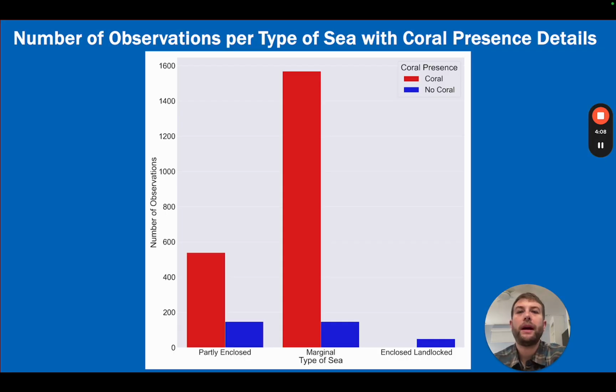I wanted to start my analysis by looking at the breakdown of the types of seas and their amounts in the dataset, with a focus on the presence of coral. Marginal seas by far in terms of prevalence and coral presence made up the large majority, with partly enclosed seas coming in second place. Enclosed landlocked seas made up a very small proportion of sea types and had no coral